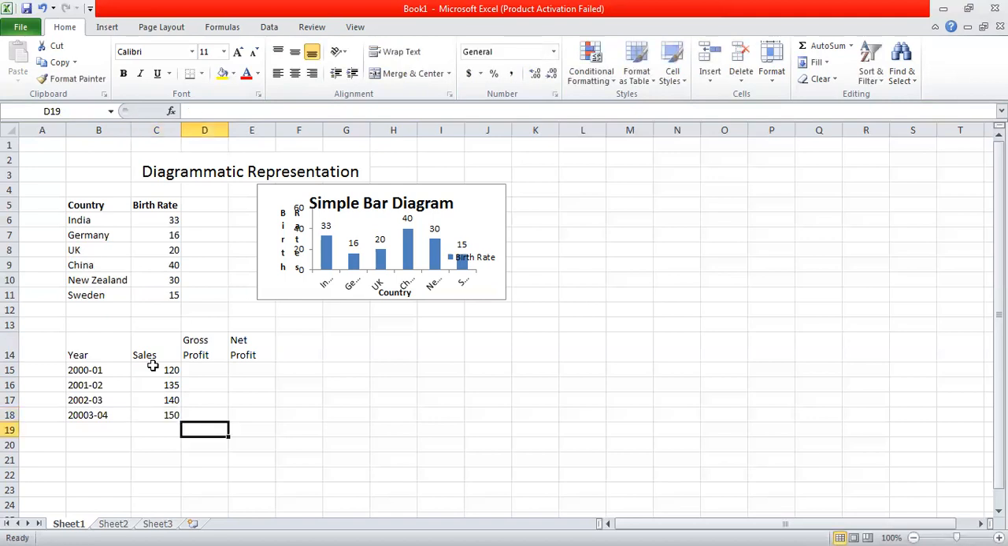150, and the different profits are given as 40, next is 45, 55, and 60. And the net profit values are given as 20, 30, 35, and 40. So for this data, now we have to fit the multiple